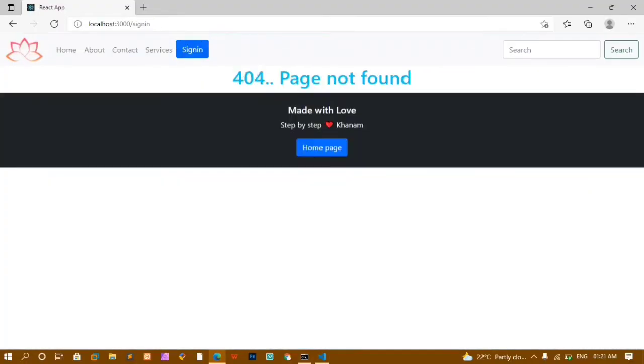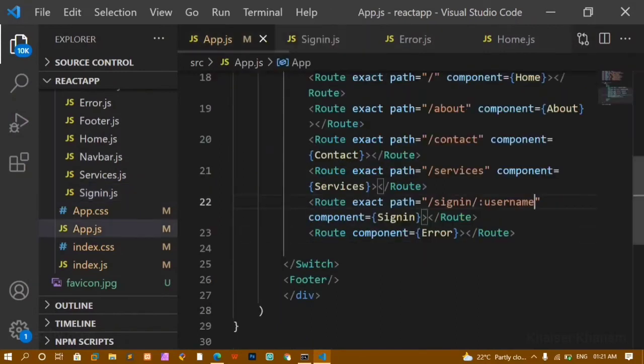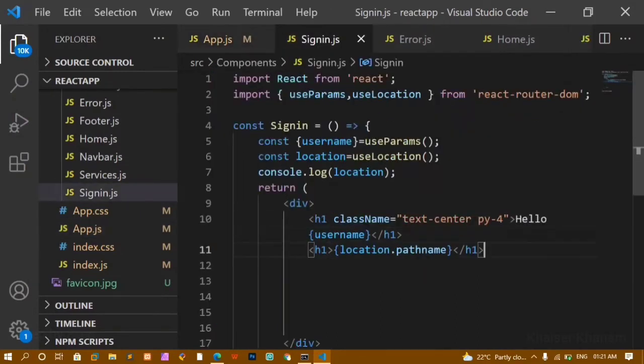I'll just come to the sign in page. Now from here I have removed fname, and inside app.js I'm having only username. Now whatever path name I am having, suppose I give one condition. If you want to see some premium videos inside Hotstar, you should get a membership, and you have to pay a certain amount of money to get the membership of Hotstar, and then you can view the premium videos.